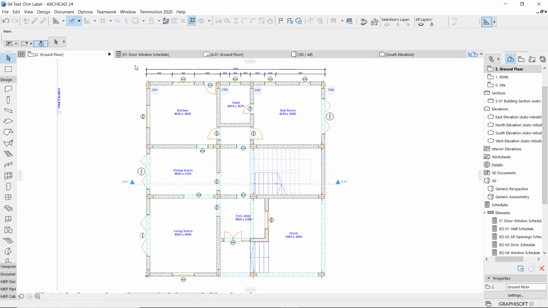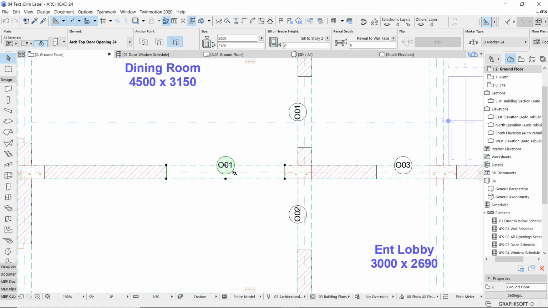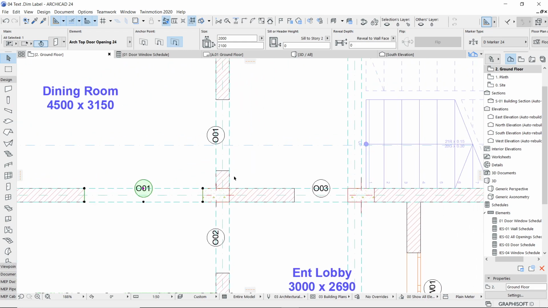So ArchiCAD will jump to the floor plan and highlight that, okay, this is what ArchiCAD is saying O01 is supposed to be. And then there is one more O01. So which one would you like to preserve? I'll say this bigger one should go as O01. Then this is the O02, and this should also be O02 because they are the same size.